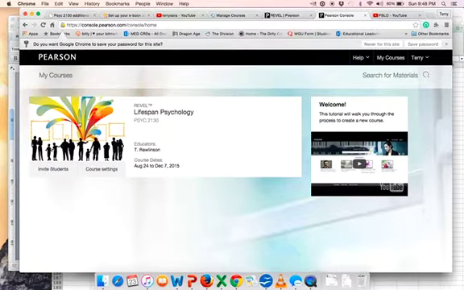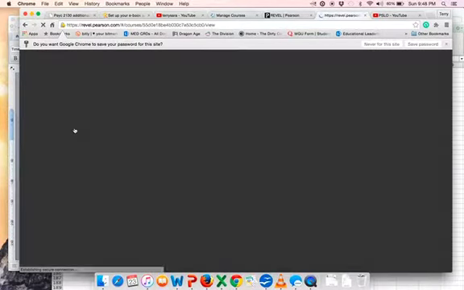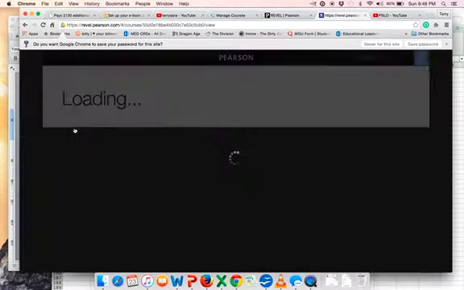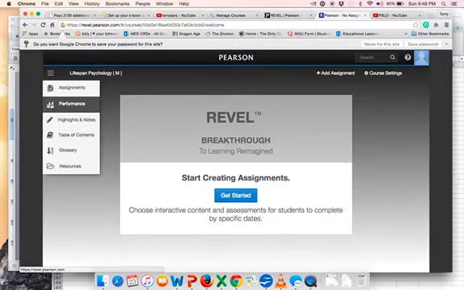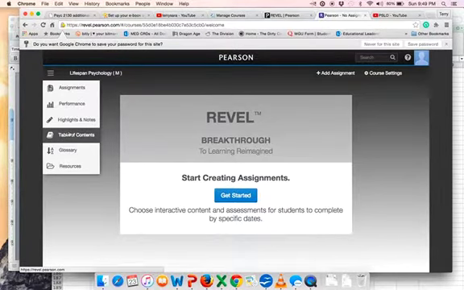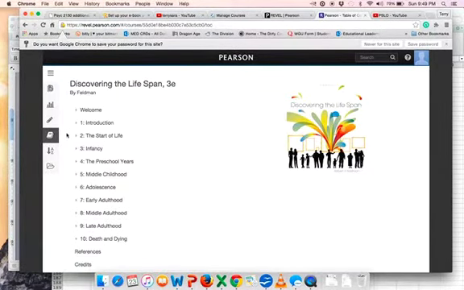When you get here, if you click here on the left-hand side, it will open up a site and it'll have getting started, all these kind of good things. But if you look to the left-hand side of the screen, there's some tools. Now, I'm not putting any assignments out here because we already have gradebooks in eLearn. But what I will point to you is this table of contents. If you click table of contents, basically you have access to an ebook version of your textbook. So if you like multitasking, if you like reading off of your tablet, reading off your laptop, instead of reading the textbook in your hand, you can do that.